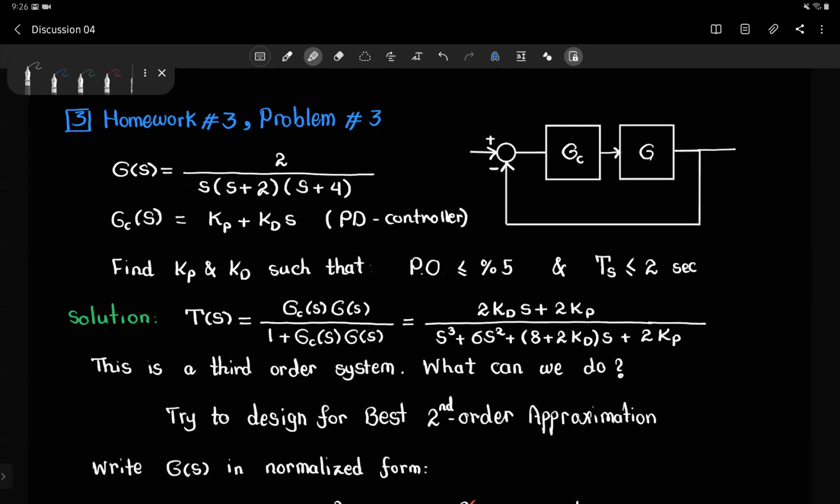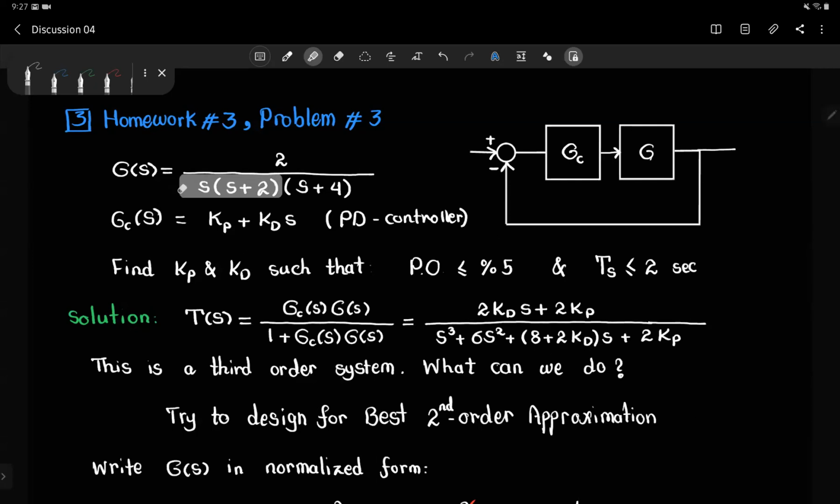Shouldn't it be s equal to -2 because you want it closer to the imaginary axis? Right, so that's one. Now we want two, right? So what's the second pole? 0? Yeah, exactly, right? So we will pick these two poles, s and s plus 2, or s equal to -2, because these are the closest two poles to the imaginary axis, and so we pick them to do our